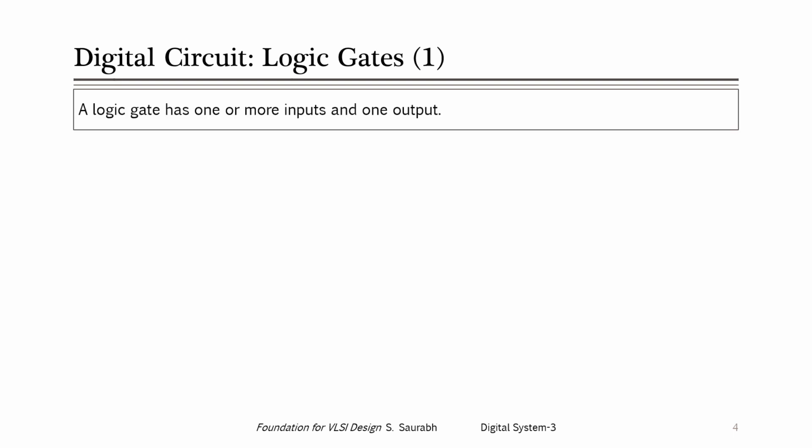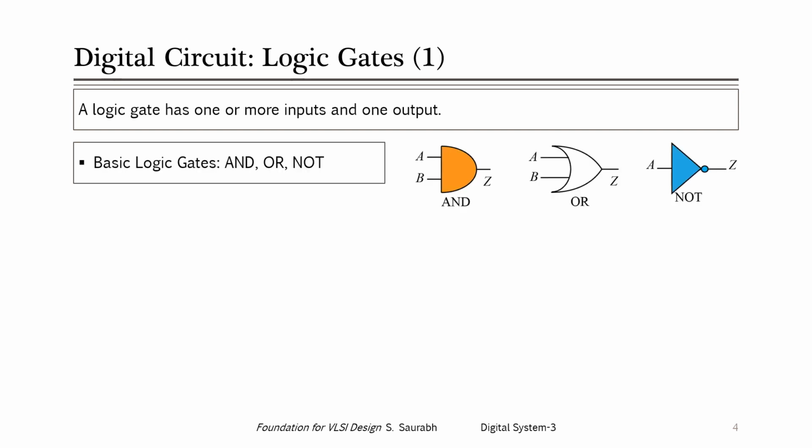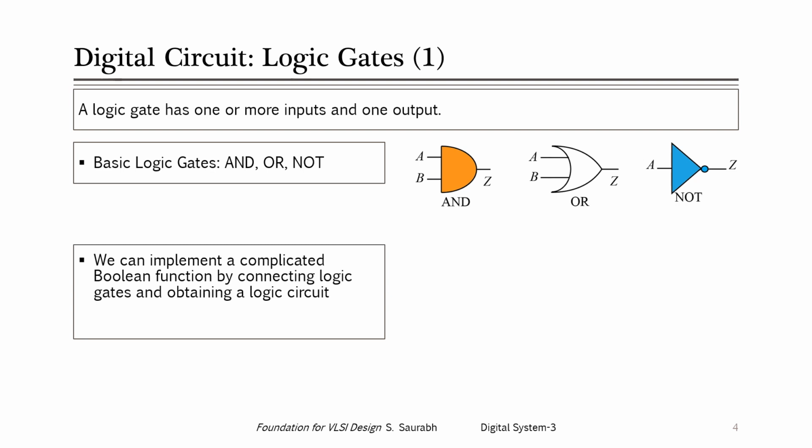So let us first look into what is a logic gate. A logic gate has one or more inputs and one output. Examples of logic gates are basic logic gates like AND, OR, NOT. Any given Boolean function we can implement using these three basic logic gates. So we can implement any complicated Boolean function by connecting these three basic logic gates, and obtaining